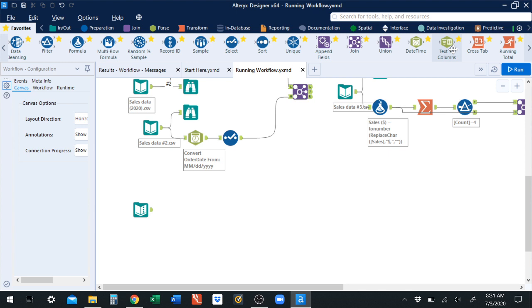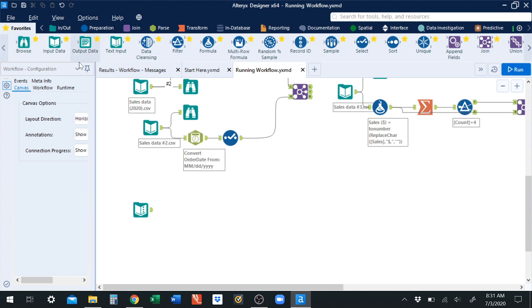So text to columns is a common tool. I should have covered it in a previous video. A common tool you would use. I'd forgotten to cover it, and I'm almost done with my videos on the tools, so I decided to throw it in this video. It's not related to the linear regression tool. I try to do videos on sets of tools that are related, but definitely want to cover this tool. So text to columns, let's